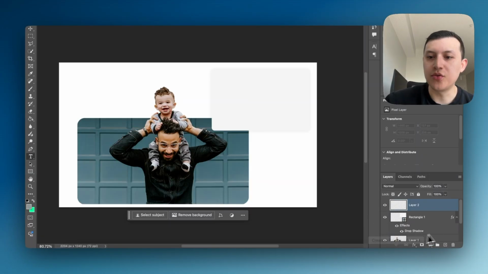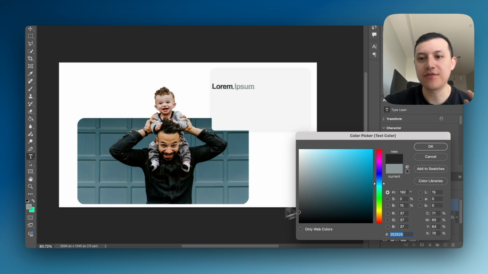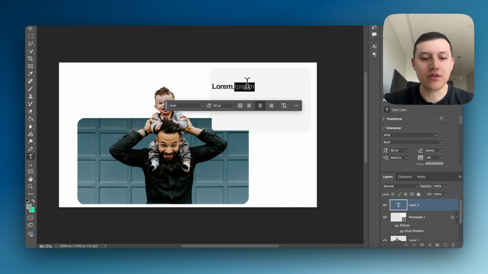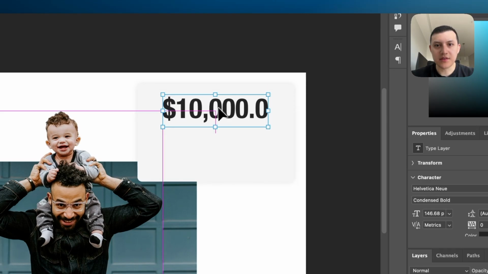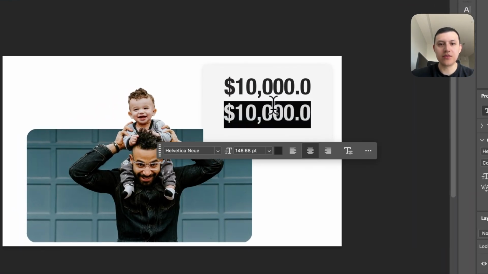So the next thing I'm going to do is add a new layer, and this is going to be a text layer. So let's just pretend that we were going to save, let's say $10,000 a year. And let's say I do something like this. And what I'm going to do right here is just copy paste this right next to it. And we're going to do annual